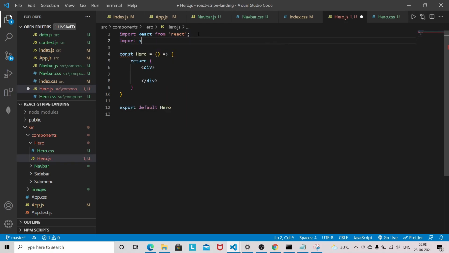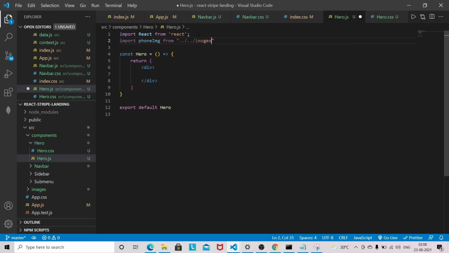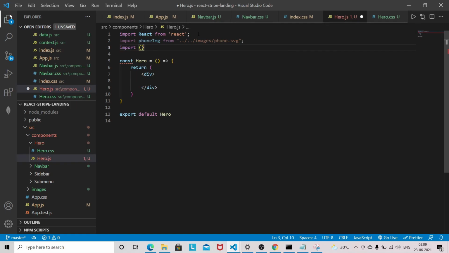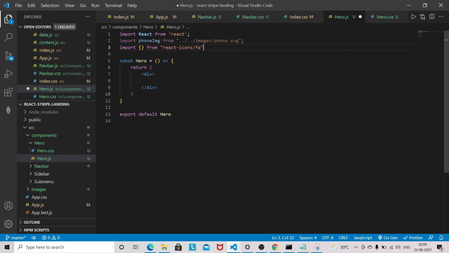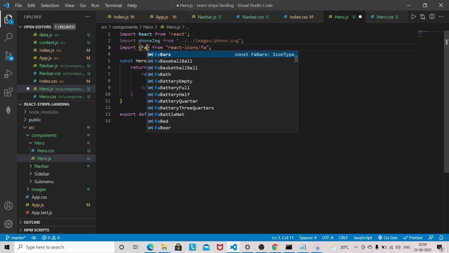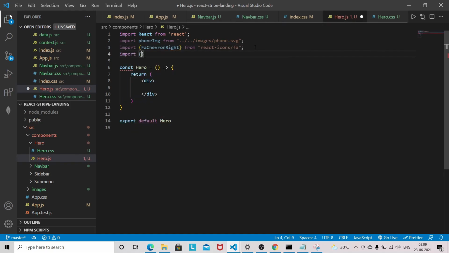First I need the phone image. So I will go to the images folder, and I will bring in phone.svg. Then I need an icon from React Icons, from FA, that is Font Awesome, and we need FaChevronRight, and we also need the global context.